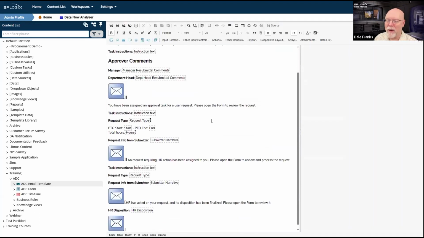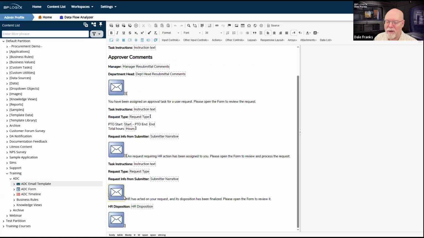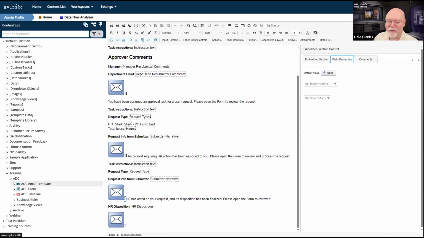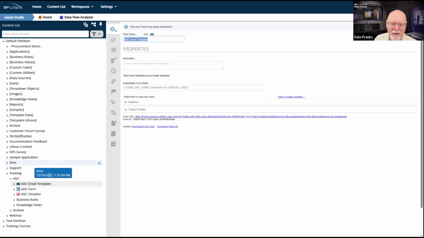Let me go back to my form. Okay, they certainly exist. I don't know if I've uncovered a weird bug or what. These properties are here. Okay, save, save, save. I'm not sure why these embedded section controls are showing up as asking for deletion. That seems odd. But again, I'm always running a version that none of you have.